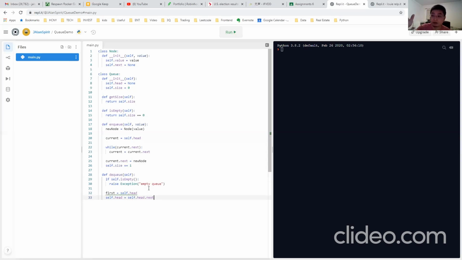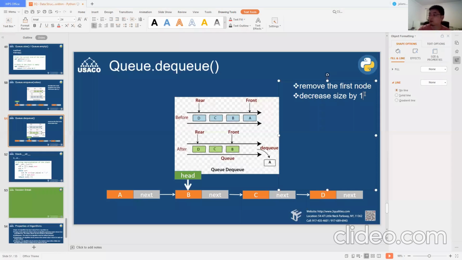Right, what I'm doing here is I change my head and move to the next one. Namely, I remove the first one out of my list. Okay, so I'm done with that. Make sure self.size decreases by 1, and then you should return the value of the removal. So I should add a 1 here. Return the value of the removal.